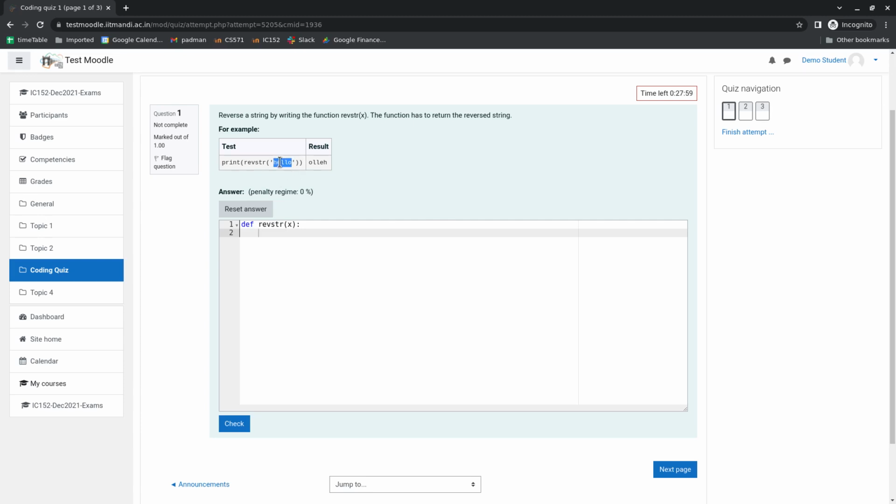Anyway, this is how it is going to be called, and the test case here is hello, and this is the output, right? This is the expected output. This is given to you as an example. So let me write the code here. Let me return